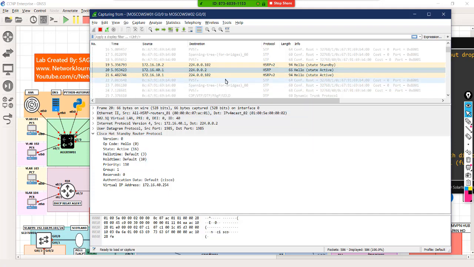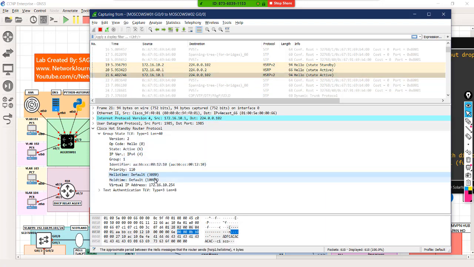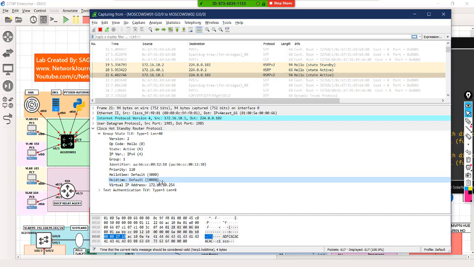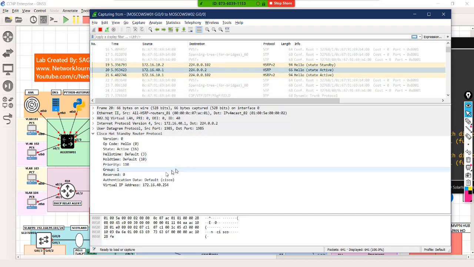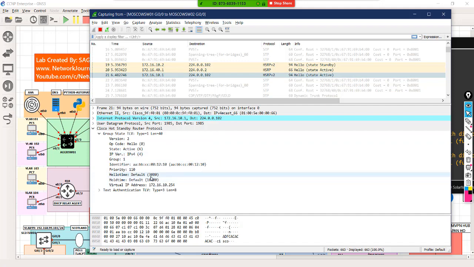Okay, and what else? From the point of view of timers, version 2 runs on milliseconds. So that's what we discussed. HSRP version 2 is going to support the timers in milliseconds, whereas HSRP version 1 is going to support just seconds. So you see this 3 seconds and 10 seconds, but in the case of version 2, they are 3 milliseconds and 10 milliseconds. So that's one more difference here.